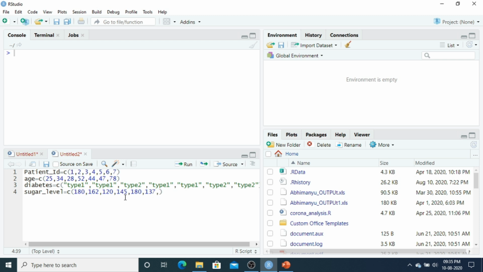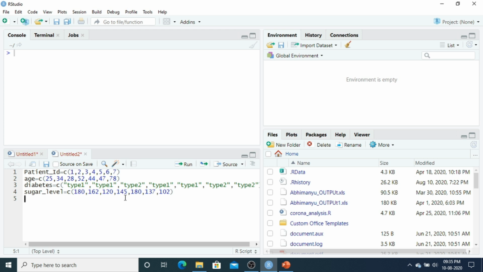How many are there? One more, 102. So suppose this information is given, here we need to make a data frame, or create a rectangular form of data.